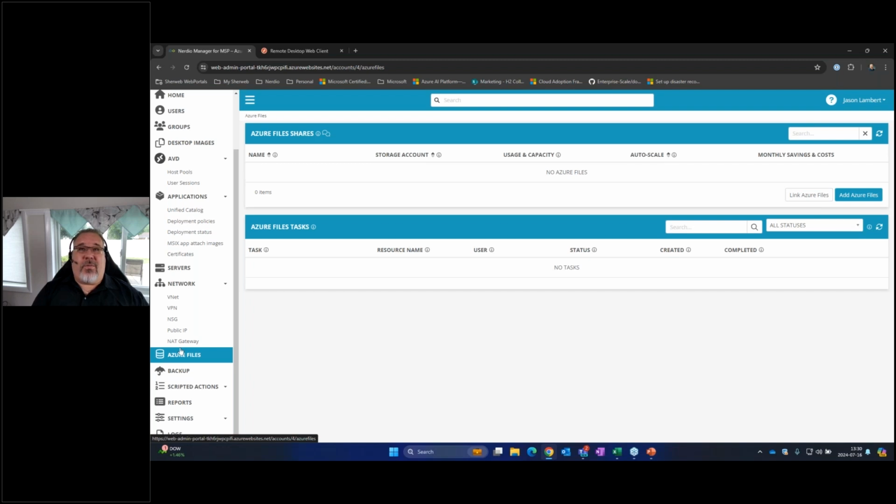So if you're not familiar with it, Azure Files is a pseudo replacement for an on-premises file server. So if your customer does have an on-premise file server, and they do have people that are working locally within the company, you can set up Azure Files similarly to, if you're familiar with OneDrive, where you have some of your most current data available on your desktop, and then some of it you can see in OneDrive.